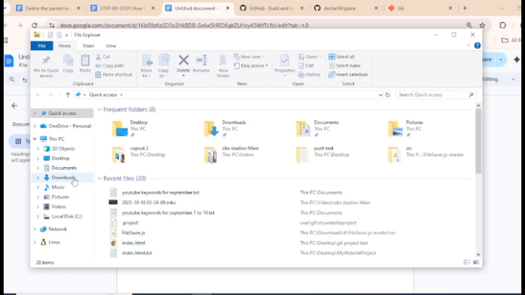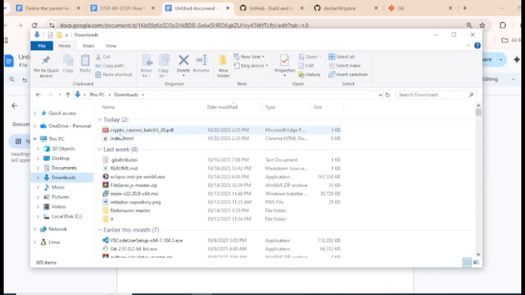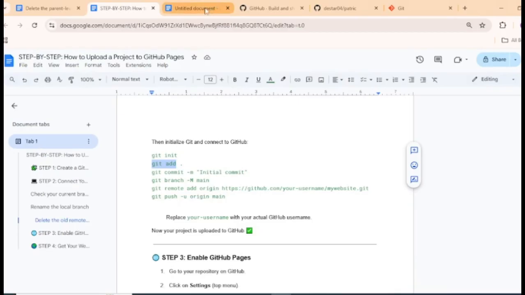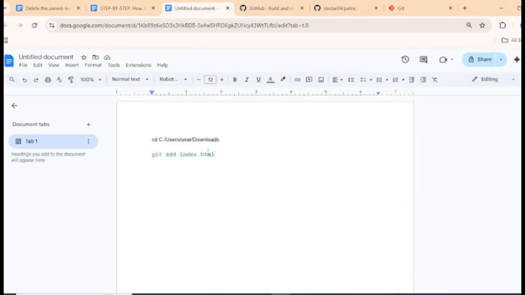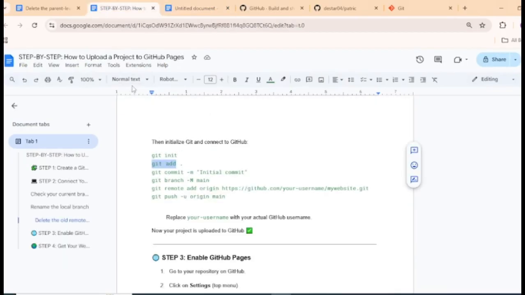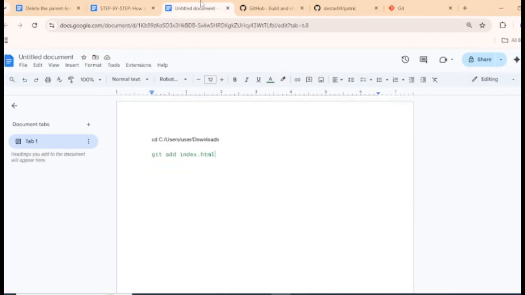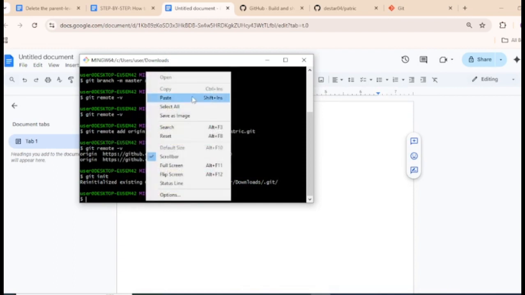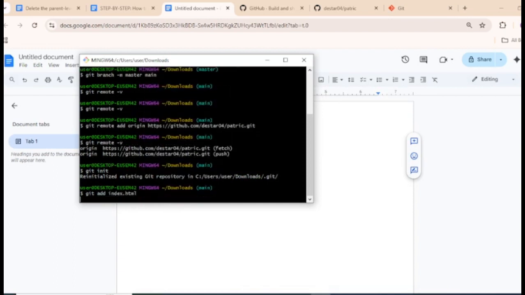So basically if it's this one, you should put in crypto_casinos_batch_5_20.pdf. That's what should be here, in replacement of this index.html. All right, so that's it. So it's git space add space, then you put in the folder or the file name. I copy this whole thing, come here, paste it right here. All right, click on enter,